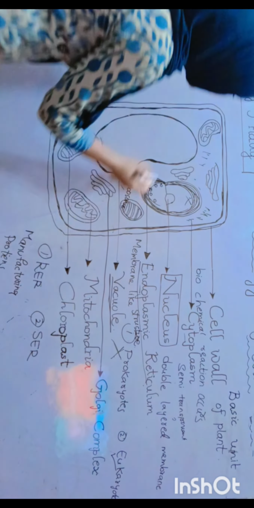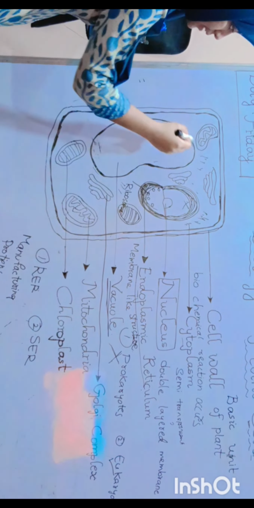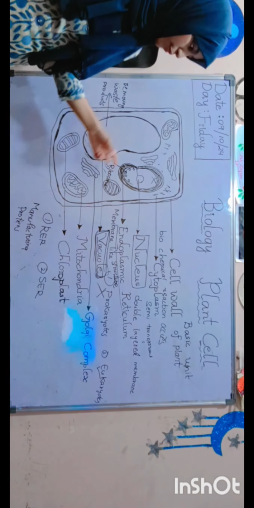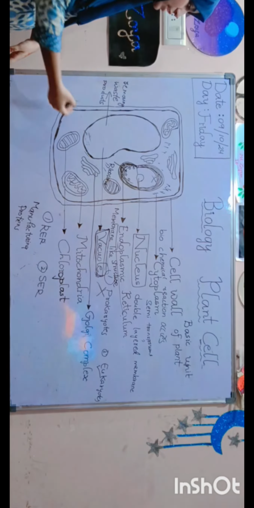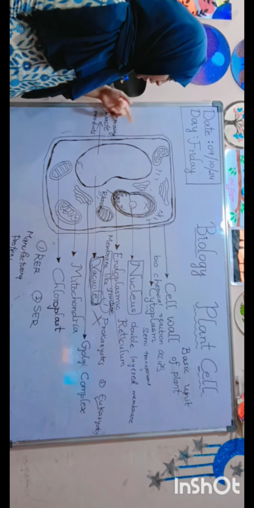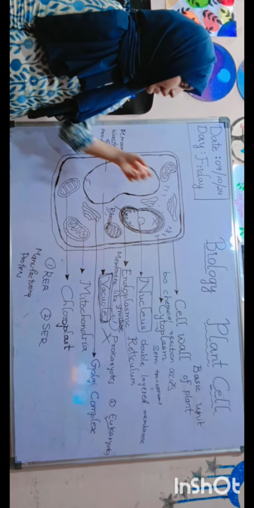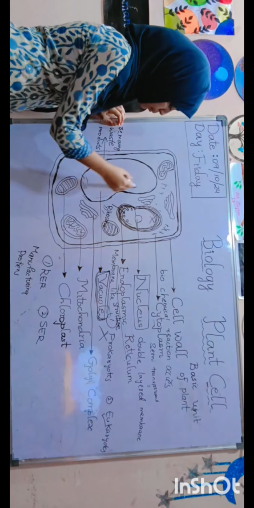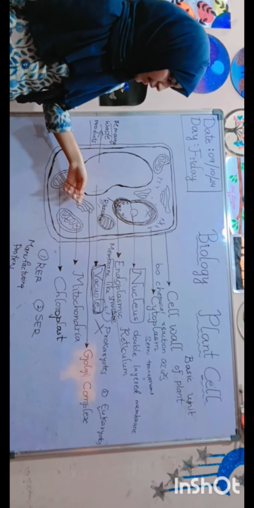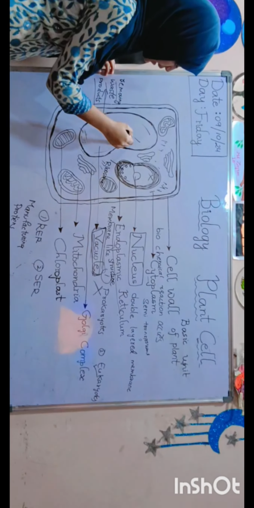Vacuole, one of the most important parts of the plant cell. Almost it occupies space. So the vacuole is also a most important part of the cell. Its function is removing waste products generated by the cell. In our body, like the kidney, it removes waste products. In the plant cell, the vacuole removes waste products. It also has a kidney shape. In this vacuole we have fluid.